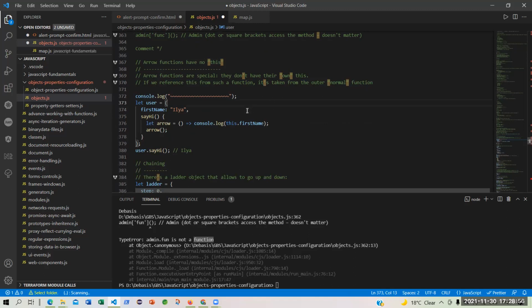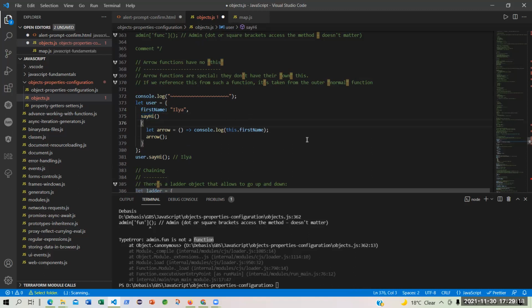What we are trying to understand is that we are having an object user, and in this we have one property called firstName with the value Ilya, and there is a function called say hi, where the function says let arrow, just a name.